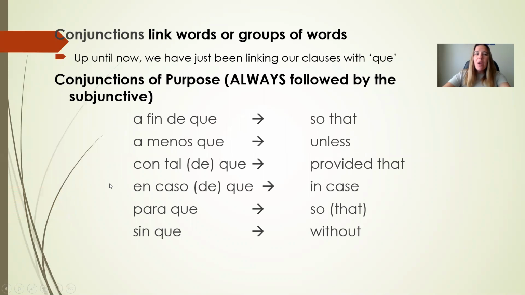So we've been using conjunctions to link the 2 clauses. Like I've said, in all circumstances, we've used que to link 2 clauses, independent clause and dependent clause, and the que is that links the 2 clauses and pushes that verb in the second clause into the subjunctive. So some conjunctions of purpose are always followed by the subjunctive, and they include things like